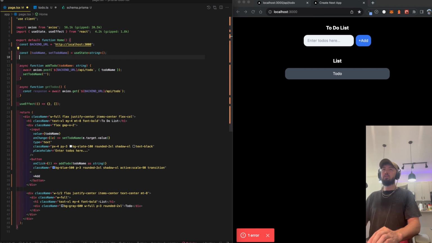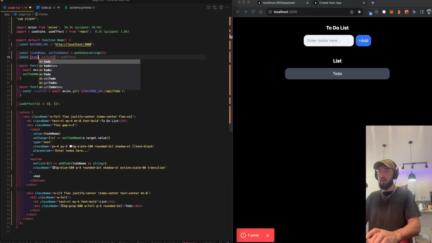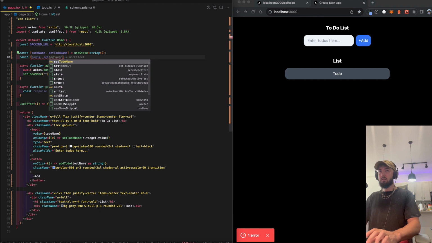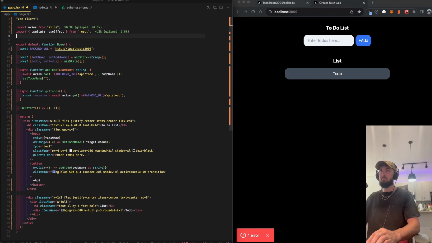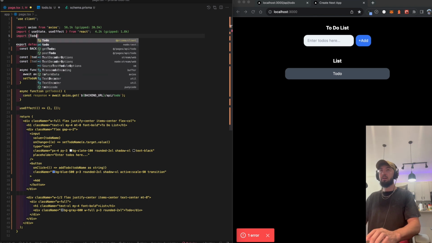And finally, we need to build a list, an array of to-dos. I'll set to-dos, and this is going to be a list. This is where we can import our Prisma client and define the types of our list. But you don't have to do that if you just want to start it as an array. That's completely fine, but I'm going to do the extra work here and say I want my to-do from